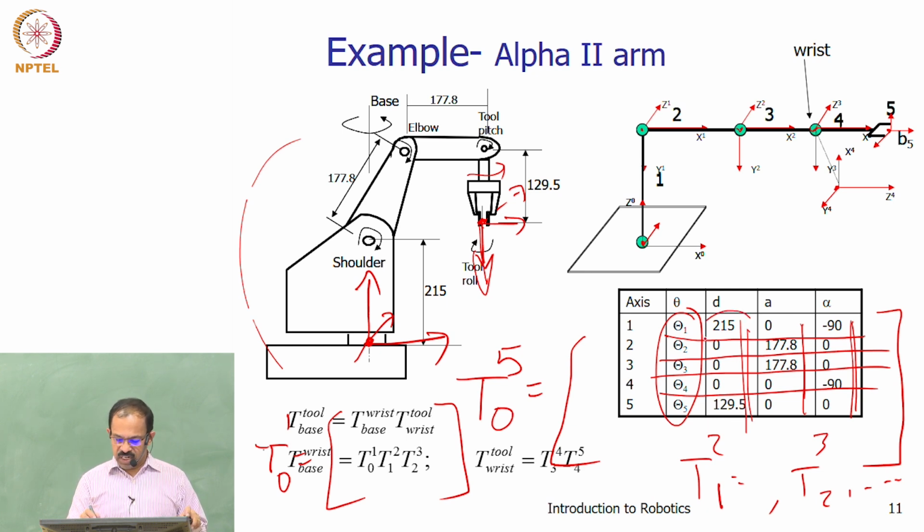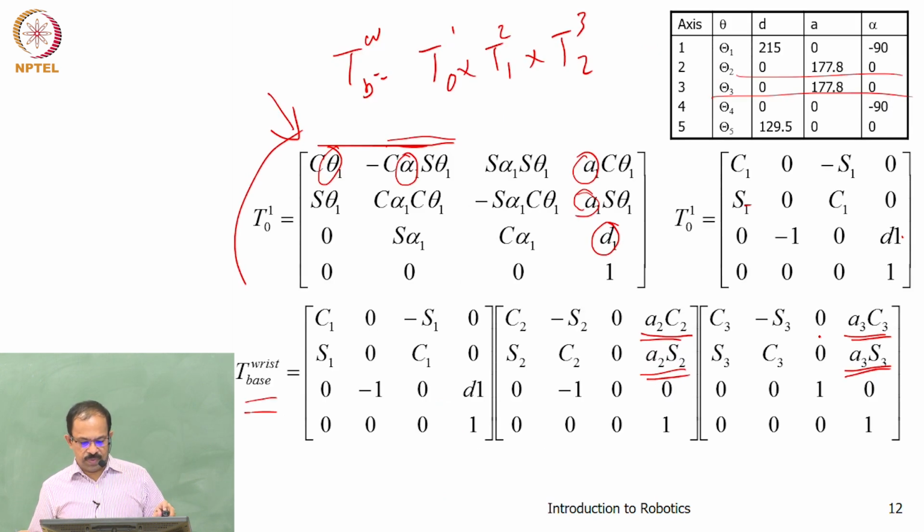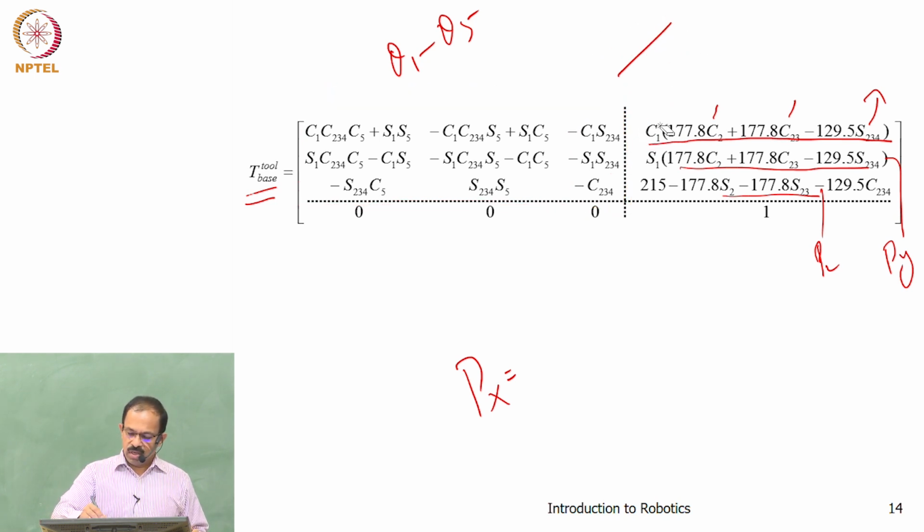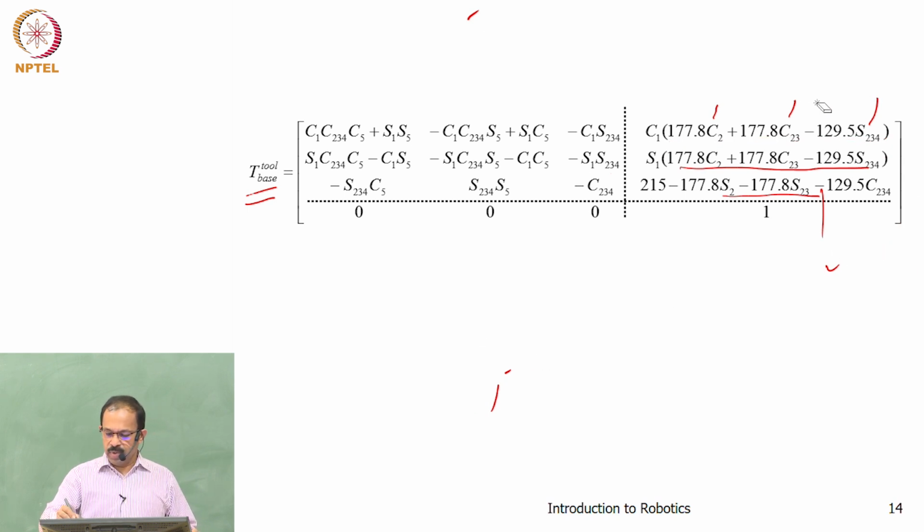Now you see all these parameters are actually there in the relationship: 129.5, 177. Alpha has been taken already into account. So finally you have the relationship. Now what is the benefit of having this relationship? You don't need to worry about the orientation of the robot or anything. Now you have a complete mathematical representation of the position and orientation of the tooltip. For any value of theta, you can find out the position and orientation of the tool, whatever the values, if they are within the limits of the rotation.